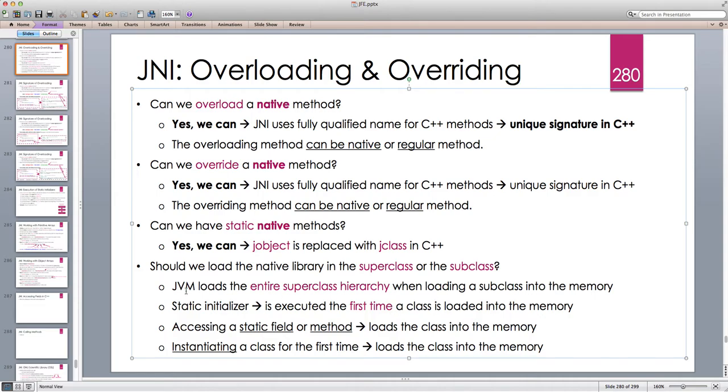Now, what you need to understand is that the JVM loads the entire superclass hierarchy when loading a subclass into memory. We said that we always prefer to load the dynamic library in a static initializer in the class. But when we try to instantiate a subclass or access a static method of that class, the JVM loads that class into memory, all right? But if the subclass has some superclasses, the JVM also loads the entire superclass hierarchy before loading the subclass,